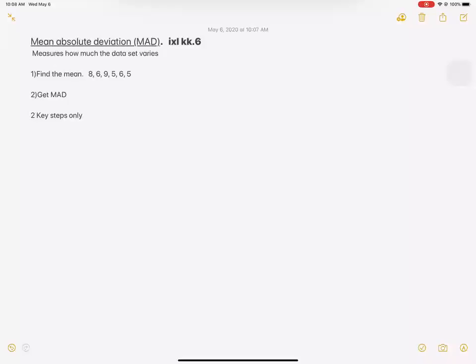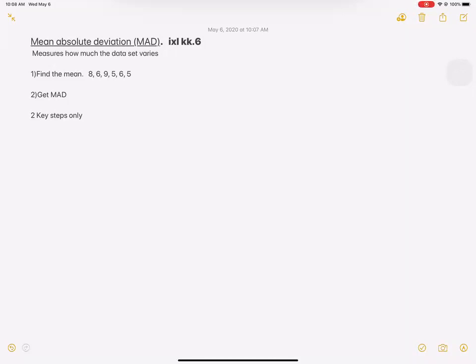Okay, so good morning. Today we're working on a different type of number that we can use to reflect the data set. What that means is we have a bunch of numbers, and how can I look at the whole scope of numbers using some key elements? It's almost like these are characteristics of the data set. So I can look at these numbers and it gives me a bigger picture